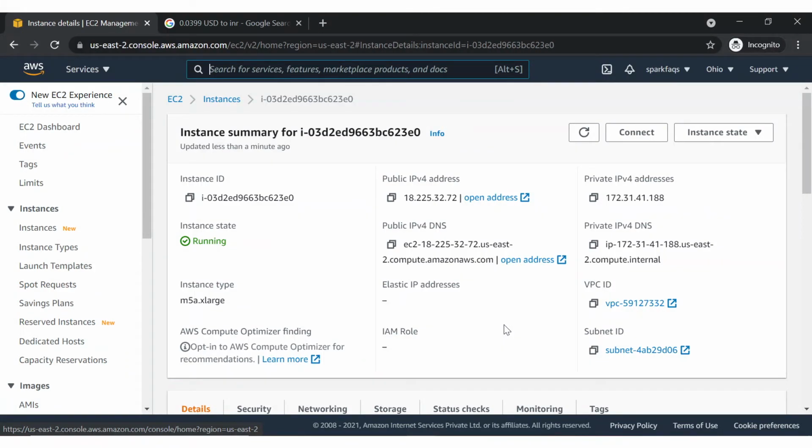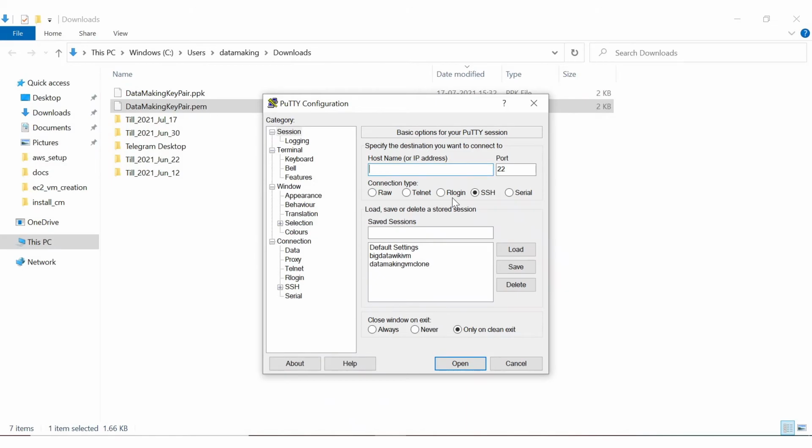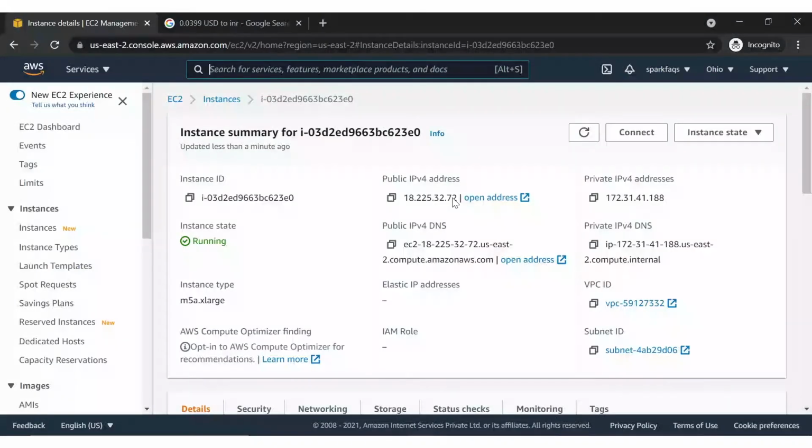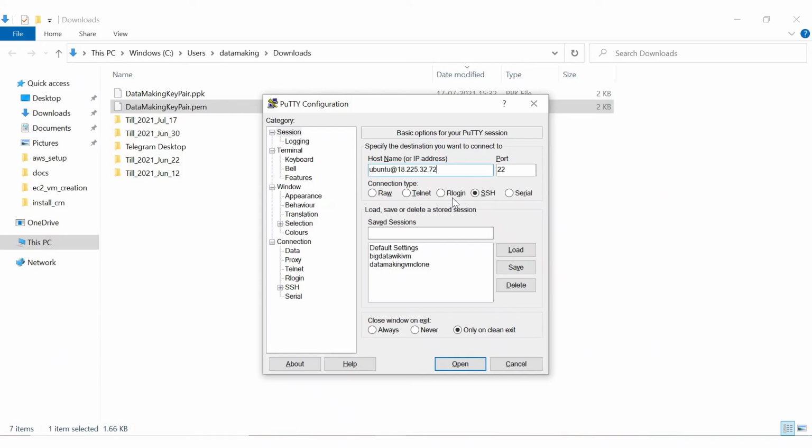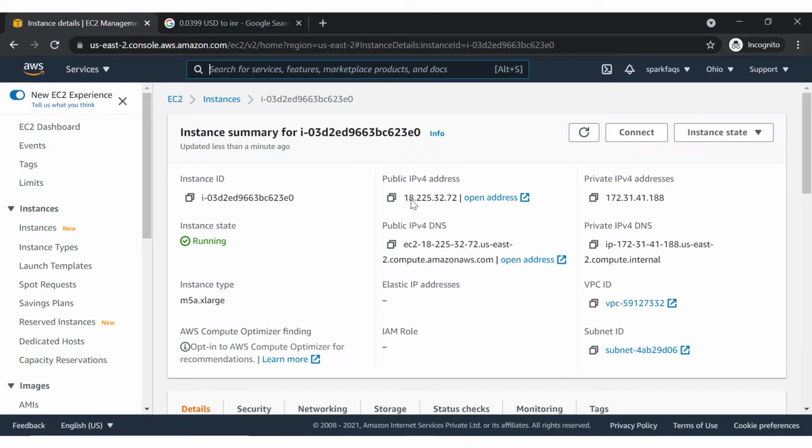Now the next step is to get the public IP address and open the PuTTY utility. You can enter the host name. You just copy the public IP address, which is 18.225.32.72.